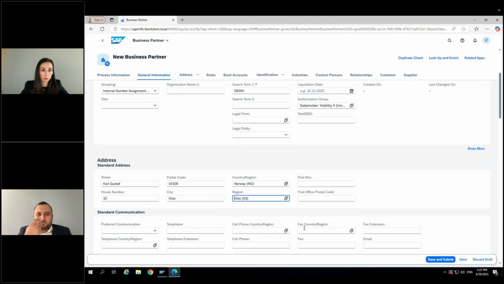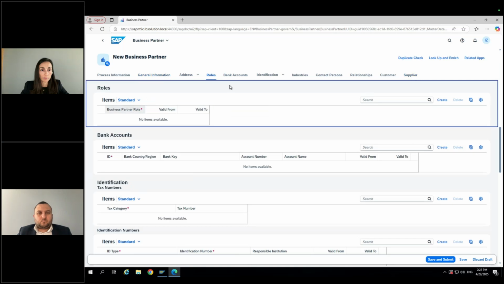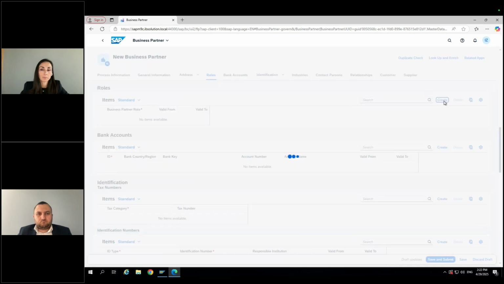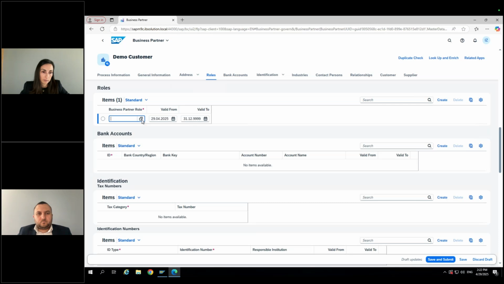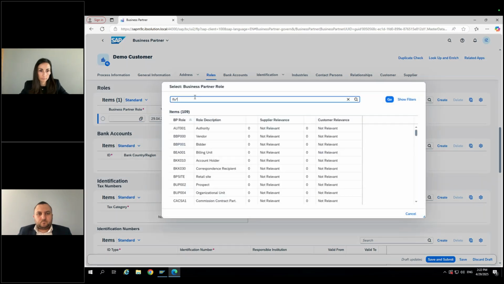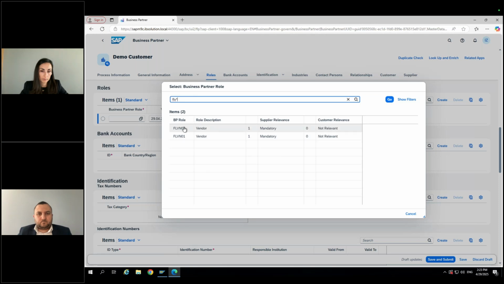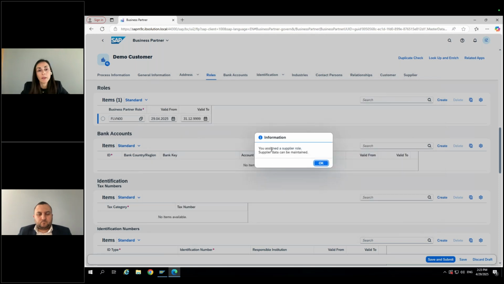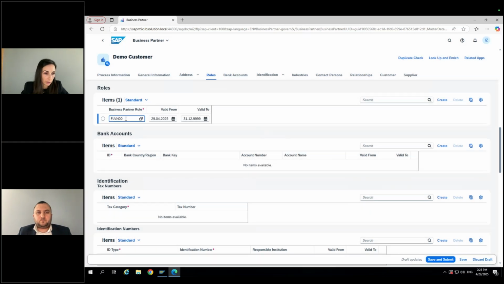Okay, going further to the rows section, you can see how we navigate quickly, and what is new is that all our create buttons are located in the right side of the screen. The moment we assign a row, be it to a customer or a vendor, it gives us the information which row we have supplied. And since I wanted to create a customer, just let me switch to the right row. Okay.